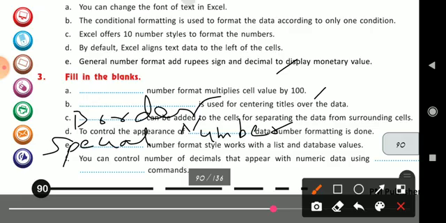Now the last one, you can control number of decimals that appear with numeric data using, everyone knows about that, very easy, increasing decimal and decreasing decimal. Increasing decimal command and decreasing decimal command.